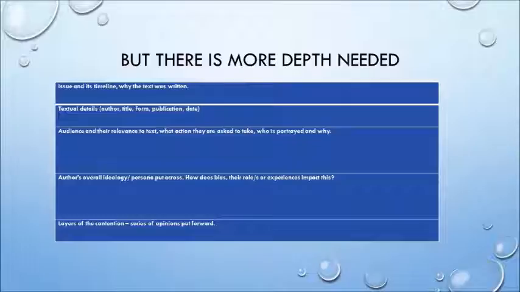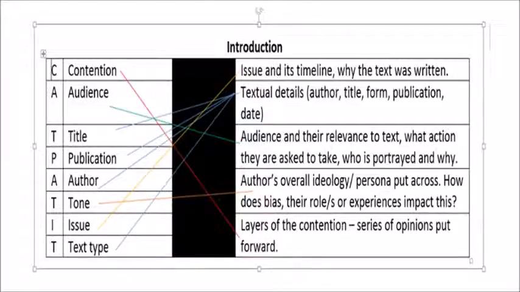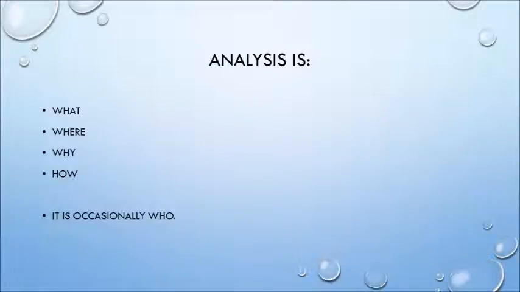But instead of saying the first thing you talk about is contention, then audience, then title, actually if you look at Cat Paddock, title, publication, author, text type and sometimes issue can be done in one sentence. And so really when you look at the 5 steps here, it actually pushes you to talk about a few different things. But they're all listed in Cat Paddock. It's just making you see the depth that's required as opposed to seeing them as little lists. So you've got to keep thinking about those,